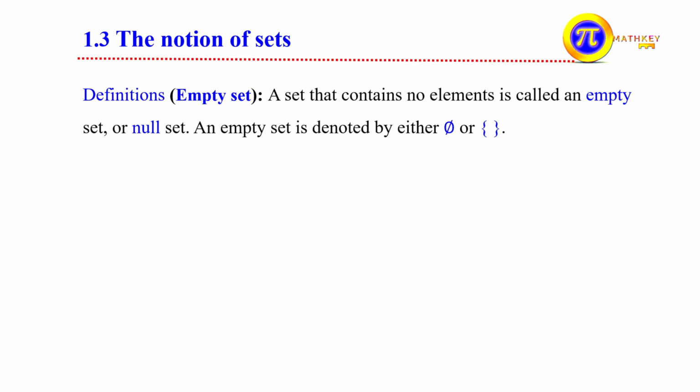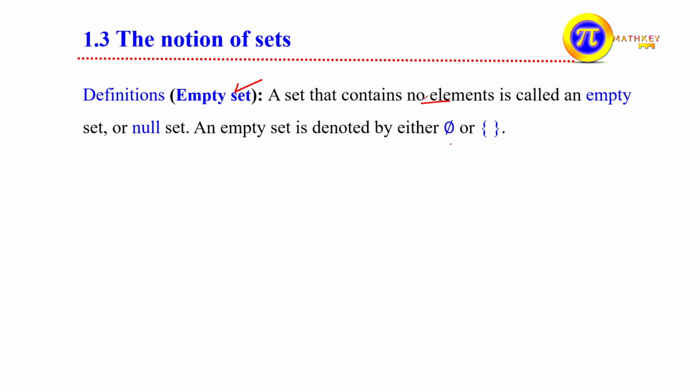Today we consider the notion of sets. In this case, how can you define an empty set? Empty set ማለት ምን ማለት ነው? ባዶ ስብስብ ብለን ያልነው ማለት ምን ማለት ነው የሚለው a set that contains no elements is called empty, or null set. Sometimes we call that a void set. ምንም አይነት ኤሌመንት ወይም ሜምበር የሌለው ሴት we call an empty set.